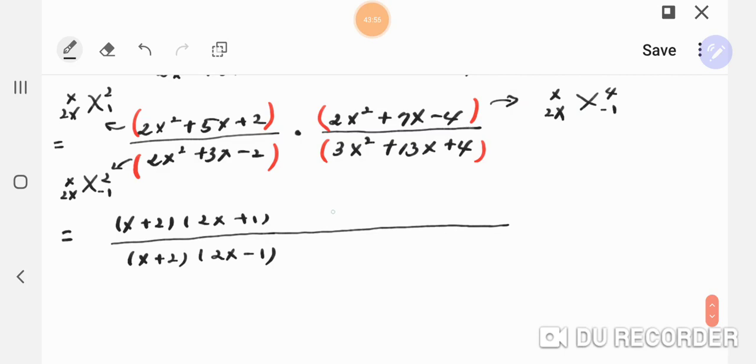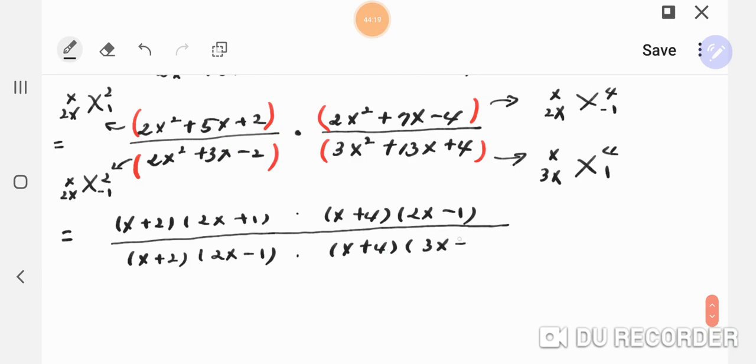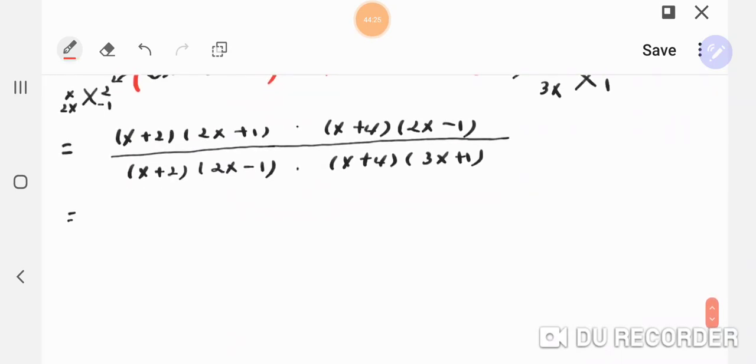So the top part will be the product of x plus 4 and 2x minus 1. We can multiply it. The bottom part is x times 3x, and 4 is, we can write it 4 times 1. Then the product is 12 plus 1 is 13. So x plus 4 times 3x plus 1. Alright, now we made our products. We factored everything. So let's